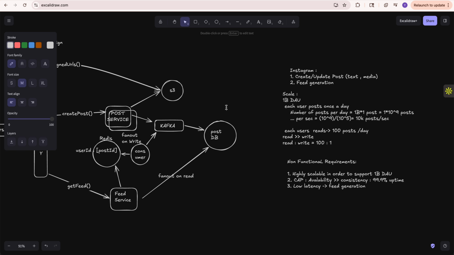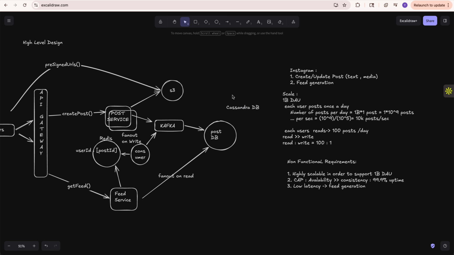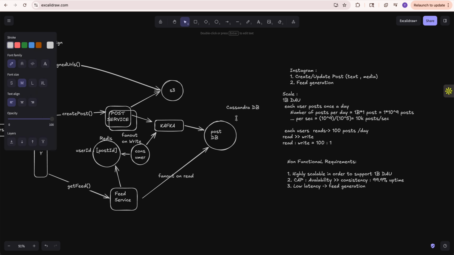We should go with a non-SQL database. Maybe we can go with Cassandra or DynamoDB. So let's say we are going with Cassandra DB here. Our post DB will be the Cassandra one, and let's see what all things we will be storing here. Let's say we have a post table out here. If you want a detailed video about how Cassandra DB internally functions, you can